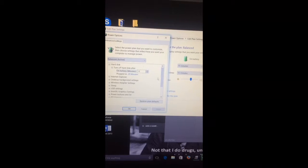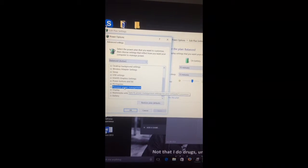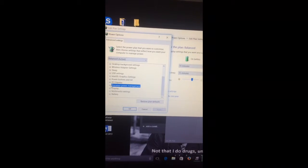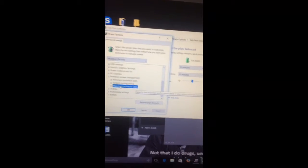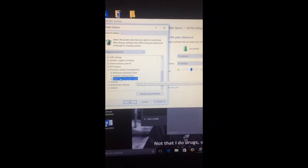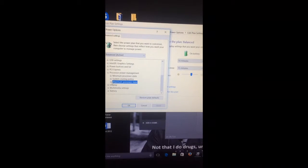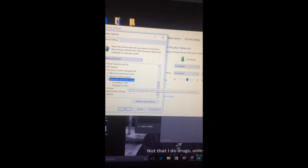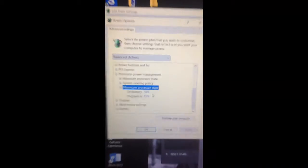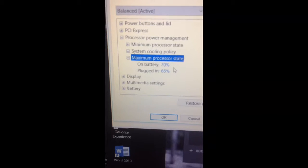Change advanced settings. The main one you want to go to is processor power management. It doesn't do anything. You won't notice a big deal unless you're playing high performance games. I don't know why you'd be playing them on ultra or high. You should be playing on medium on a laptop because it just doesn't run fine. It just doesn't like it. And what you can see here is it's on 70% and 65%. And the reason it's higher on battery